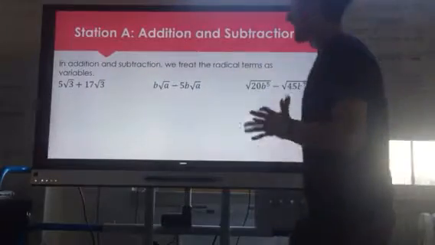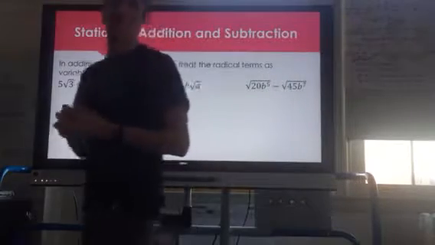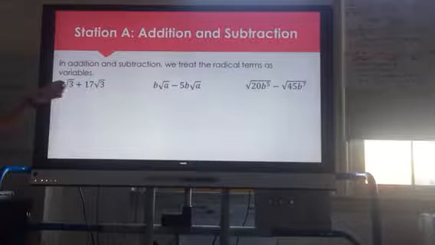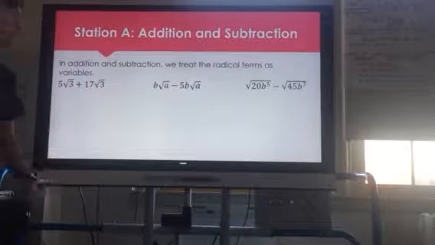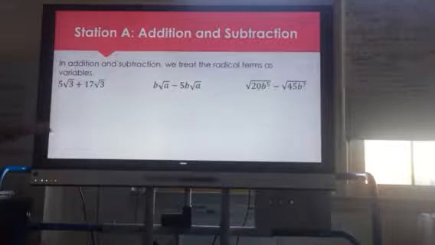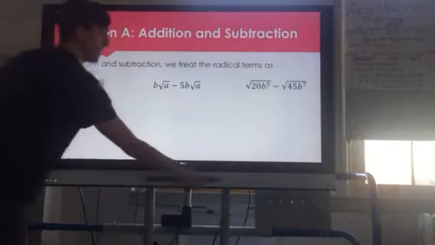So when we're looking at adding and subtracting radical expressions, we need to look at both the coefficient of each radical and the radicals themselves. When you're thinking about adding and subtracting a radical expression, you're going to be treating the radicals as variables. So when you see 5 root 3 plus 17 root 3, I want you to also think about it as